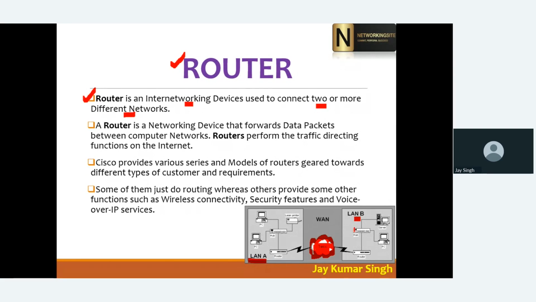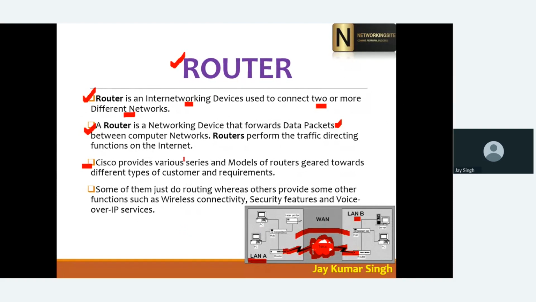So the ISP helps you connect to different long distance networks. Here you can see at the end of this LAN, the router is connected with the ISP, and network B also has a router. So mainly the routers help you communicate between two different networks, and routers also help you forward the data packet, because communication is transferring data from one network to another. You have to send emails, you have to send messages, so you are sending data packets.